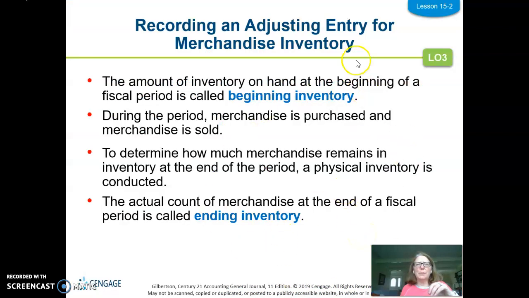So let's start out with some definitions, hopefully that are somewhat obvious. The first one is beginning inventory. That's the amount of inventory that I have on hand at the beginning of a fiscal period. So before I start doing any purchasing and selling for the year. So during the year I purchase and that inventory goes up, and I sell and that inventory goes down. And at the end of the year I need to record the actual amount of ending inventory as an asset